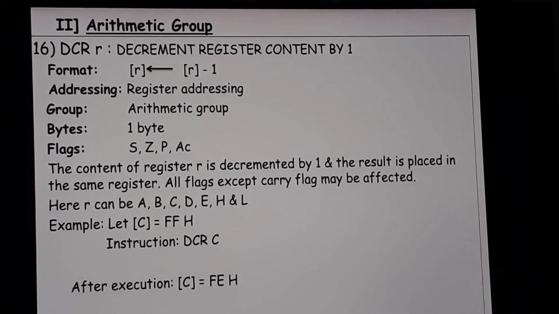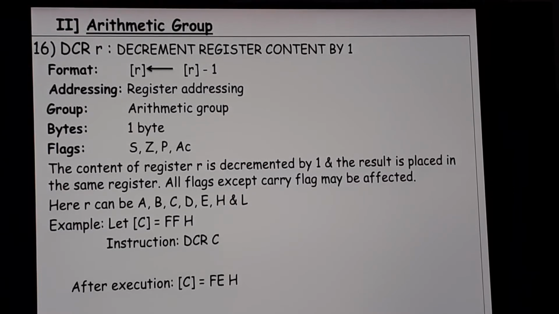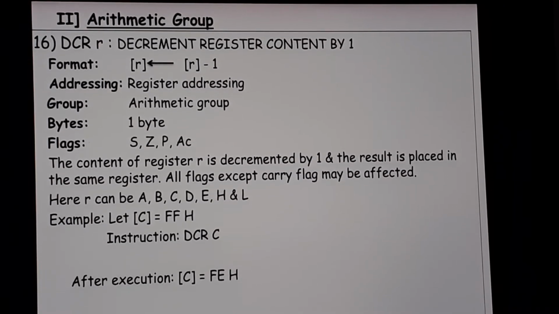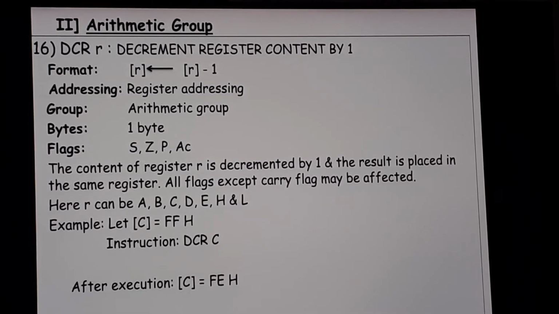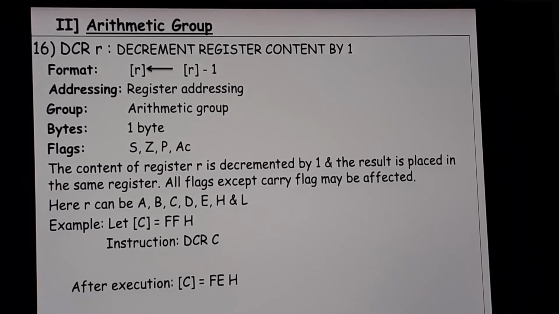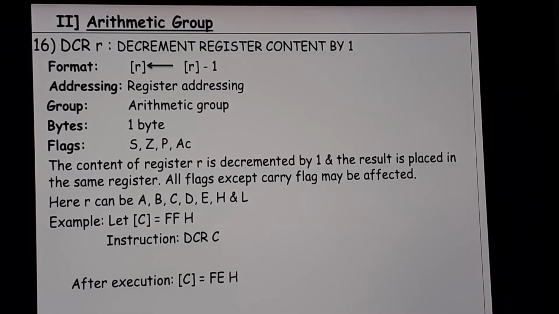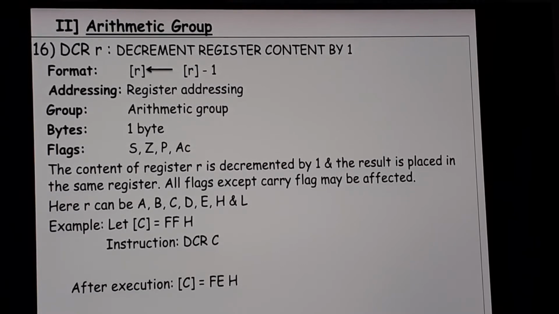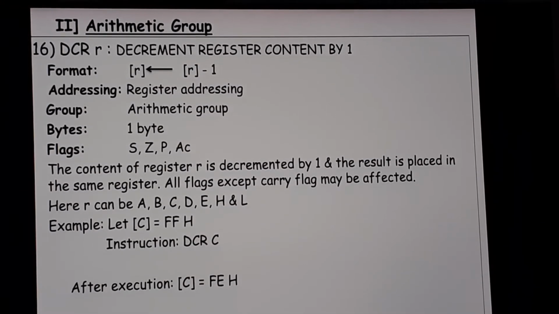Here I have not shown any binary subtraction, so you have to write it in the binary format compulsorily. F and F you will write in binary as 4 ones and again 4 ones, so a total of 8 ones, and then you will decrement it by 1. You will first write the binary format of FF and then subtract 1 from it. This is the same way as addition.